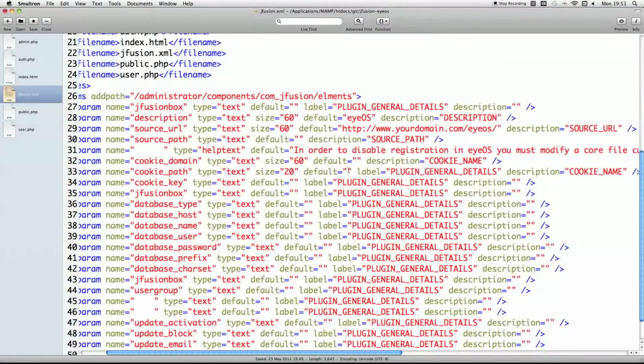The default for that is just a single /, just to indicate that maybe the software is at the root of the site. And then description, cookie path,